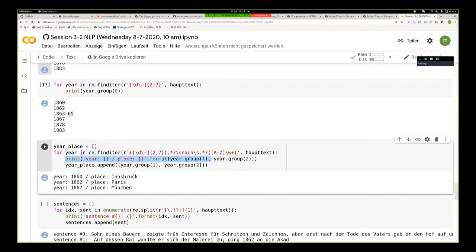So in the parentheses here, these are so-called groups. The partial match of the regular expression, if you keep it in parentheses, is stored in a group. So this is group 1, and the second parenthesis is group 2. And group 0 would be the whole match. So what we do here is printing group 1 and then group 2. So printing group 1 after year, because this is the year that we are matching, and printing group 2 after place. And this gives us,